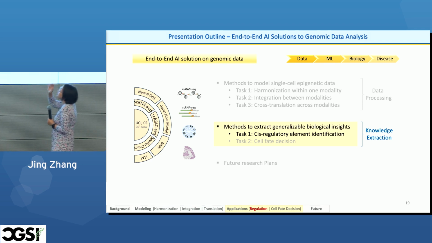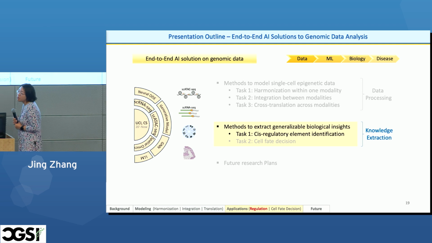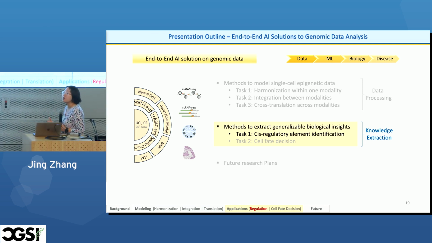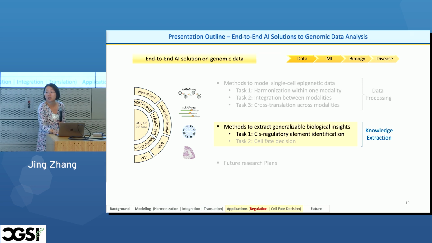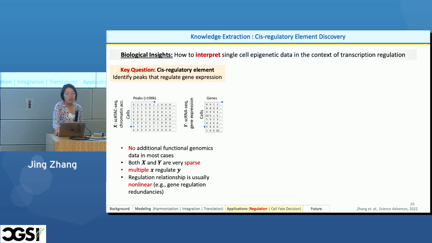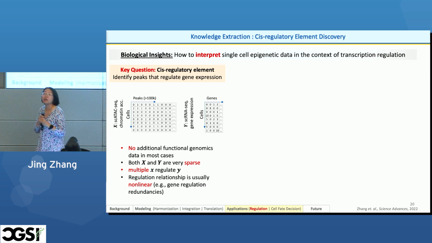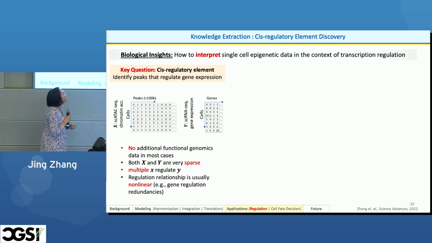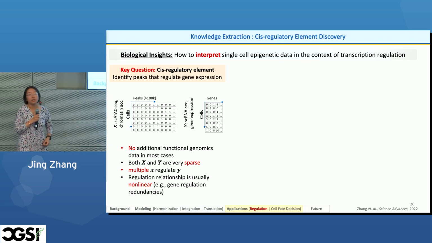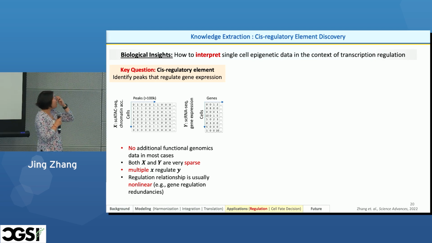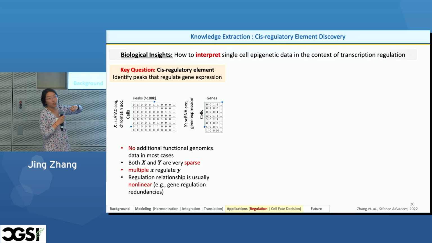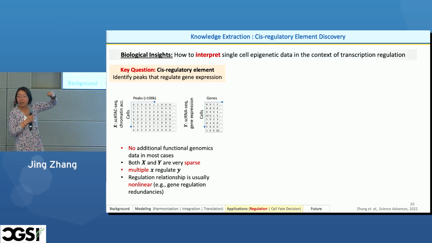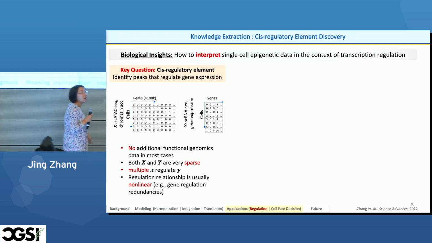So after cleaning those data up, we are trying to extract some biological knowledge that may be important for biomedical study. So our first try is to construct the gene regulatory grammar in each cell type. What should we do, right? Again, this is the work we started in about 2021. And we have single-cell multimodal data. And we have two very, very sparse matrices. X is the ATAC matrix, and Y is the RNA matrix.